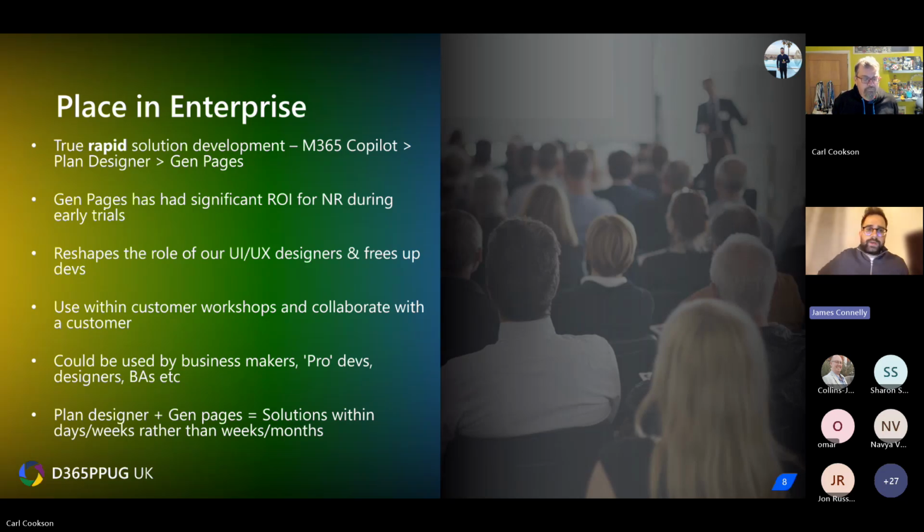And for me, like I mentioned in the slide here, it's true rapid solution development. So being able to prompt with natural language, in my case English, and being able to basically sit down with our customers in Network Rail and shape a solution from start to finish with Plan Designer, and more specifically in this session, generative pages, to shape our user interface and our user experiences with our customers next to us,